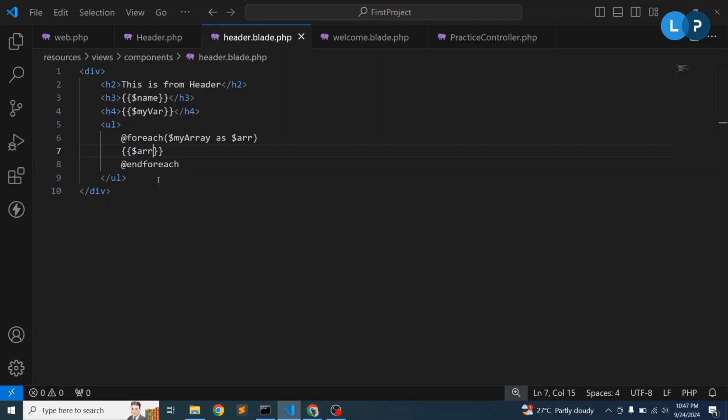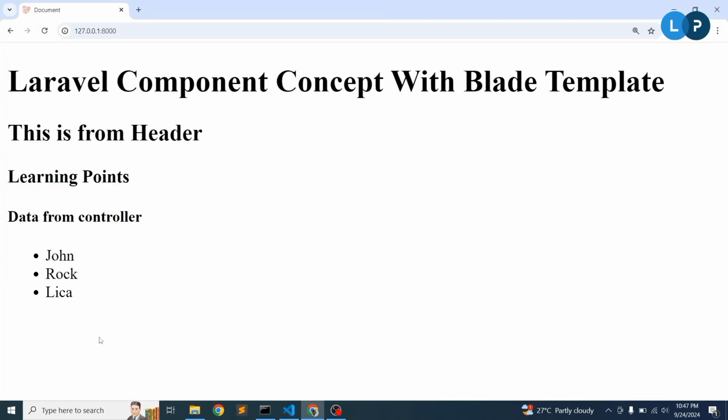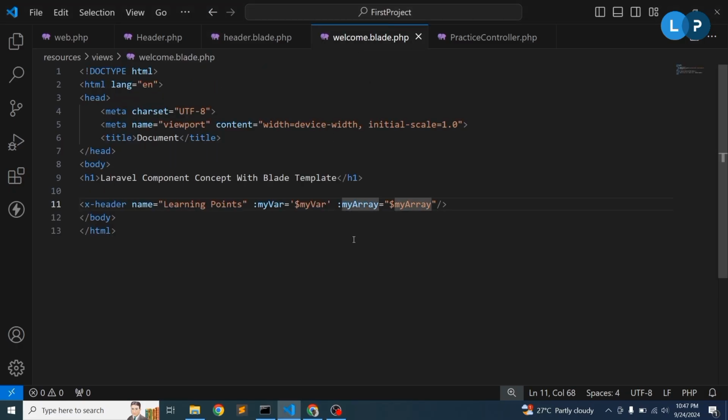John, Rock, Lisa. So inside the ul we need to write the li section so that we can display it properly. So li. Refresh this, we are getting John, Rock, Lisa. So easy. So we can understand how to create a component, how to call the component from our blade file, and how to pass any data in the same way. Inside the component tag just add those things, and we can use that easily. So you can understand how components work in Laravel,